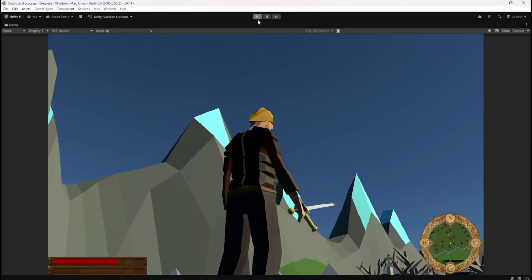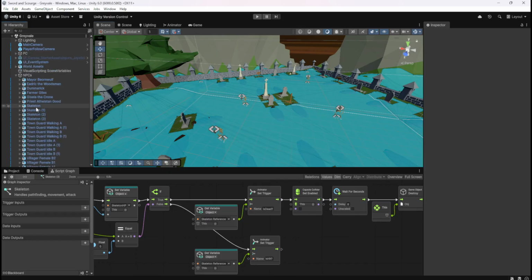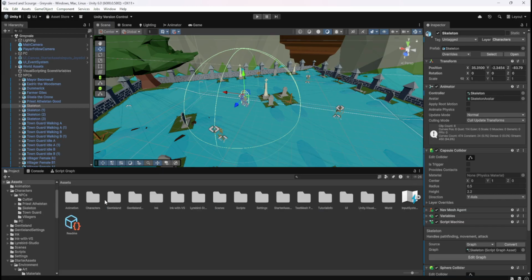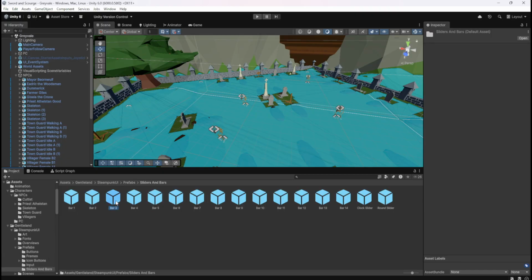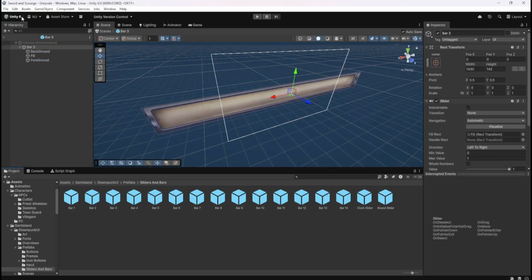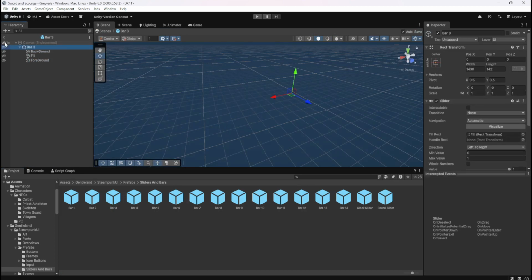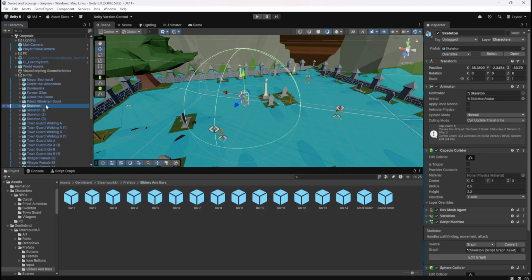I don't know. Let me have a look. So the prefab I wanted to put on, I think it was the third one. Yeah, the third one. Oh shit. Right, so if we've got a skeleton there, and I drop that bar 3 onto the skeleton,